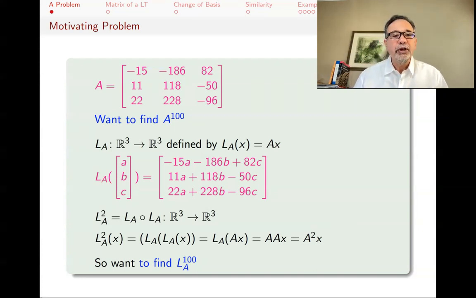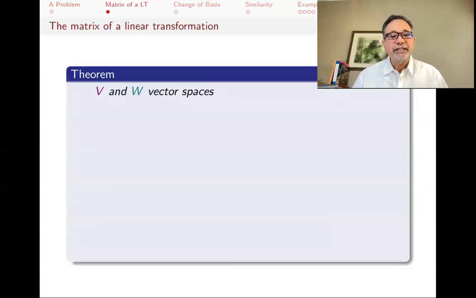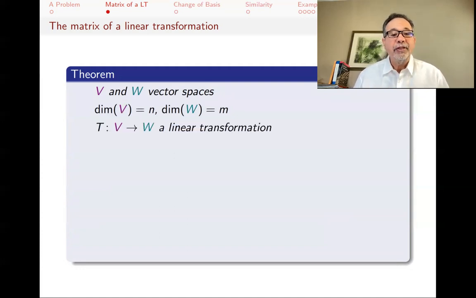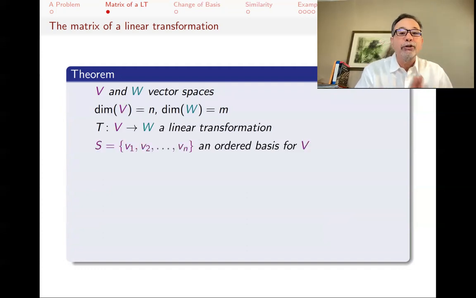Okay, now to do this, let's remind ourselves of things that we have talked about in previous videos. One of them is, what is a matrix of a linear transformation? So if you have two vector spaces, finite dimensional, let's say the dimension of the first one is n, and the dimension of the second one is m, and you have a linear transformation from V to W, then you pick a basis, an ordered basis